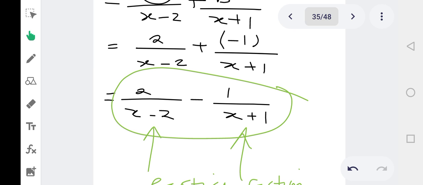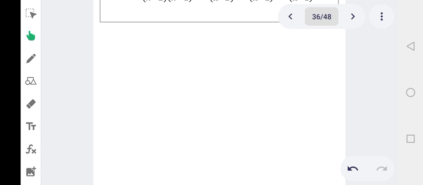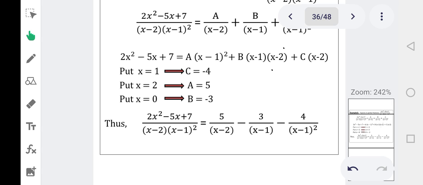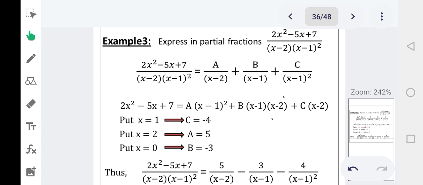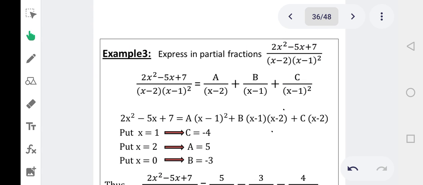So that is how we solve these questions. Okay, so when you reach this level, it means you are done. As simple as that. All right, I hope that is understood. Let's see another example. So this question leads